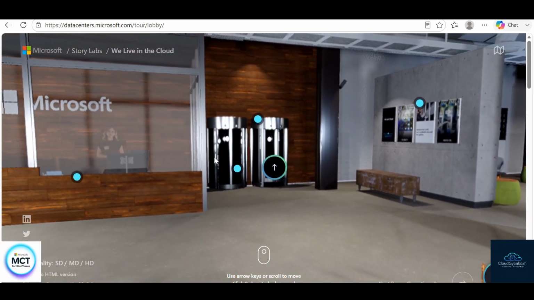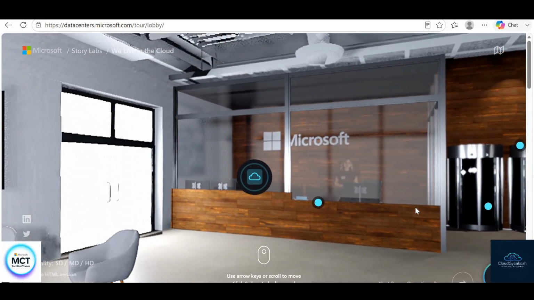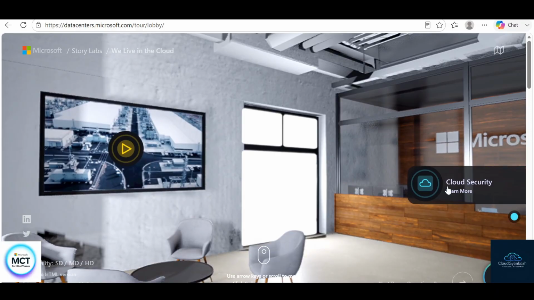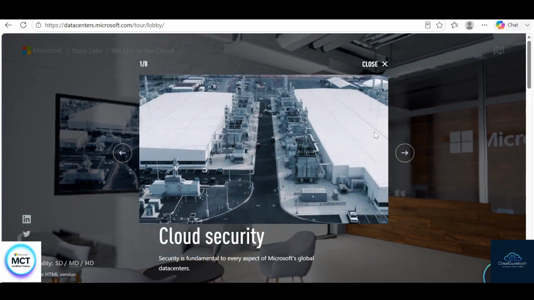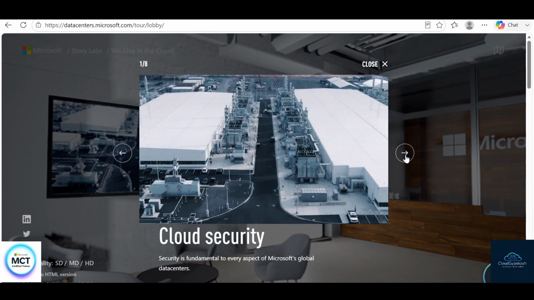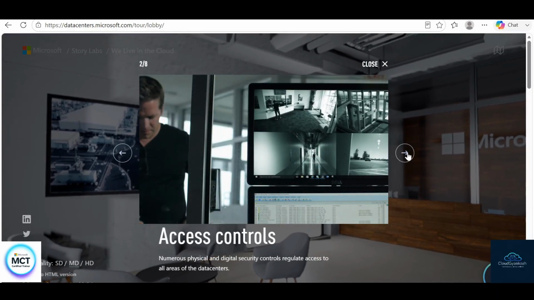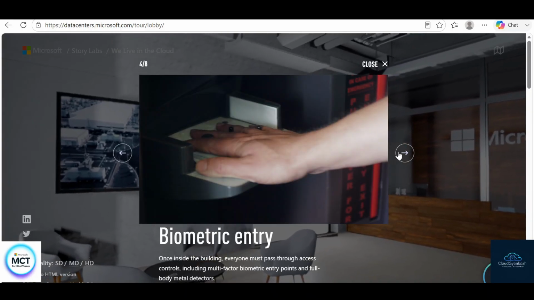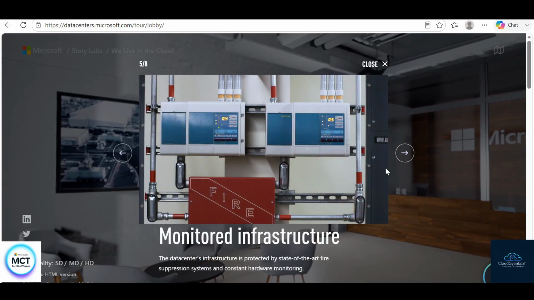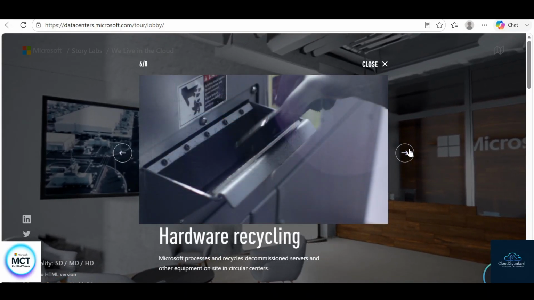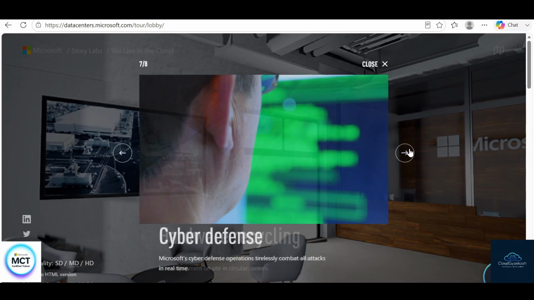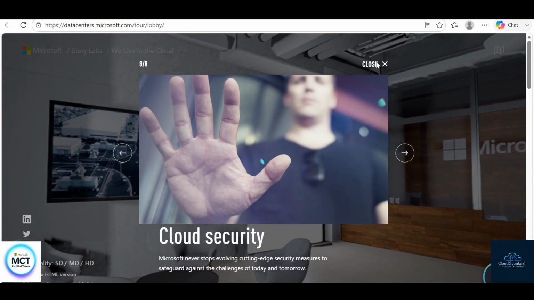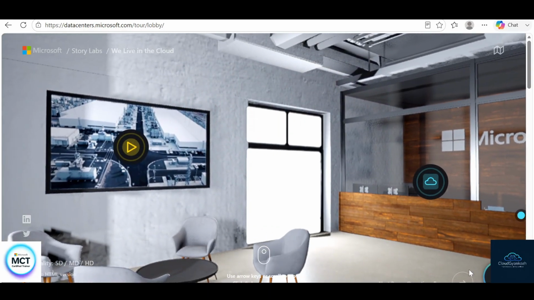Here we ensure that we have the proper security in place, and we have several measures to ensure the proper cloud security is ensured within the lobby. So here you can have a look. All the measures like cloud security are there, right? We have the proper access control so that anyone is verified and then entered, like monitored entry is there, biometric entry is there, monitored infrastructure is there, right? Proper hardware recycling is there, and cyber defense and cloud security is enforced as you come within the Azure data